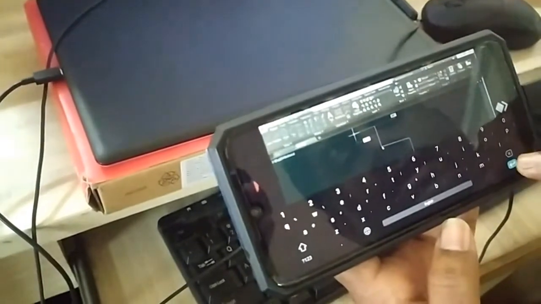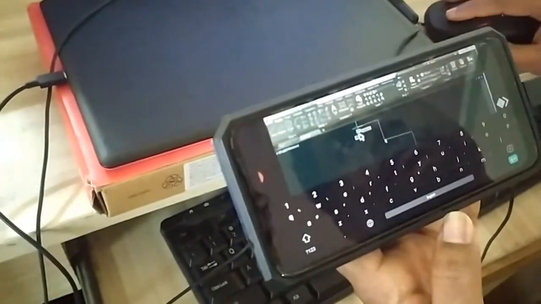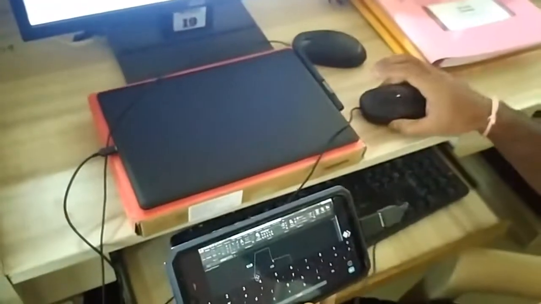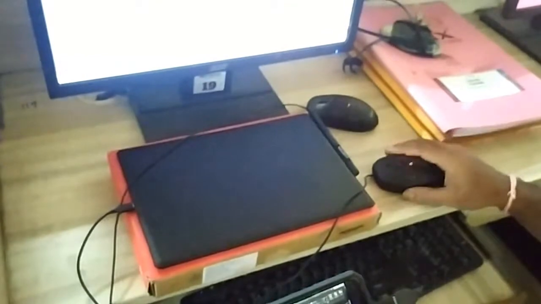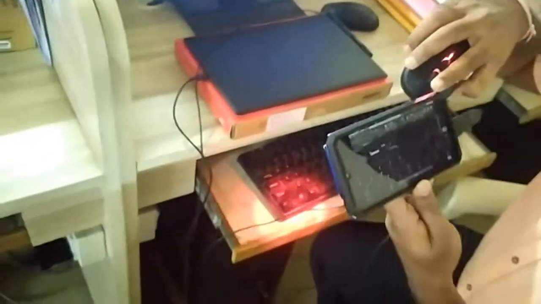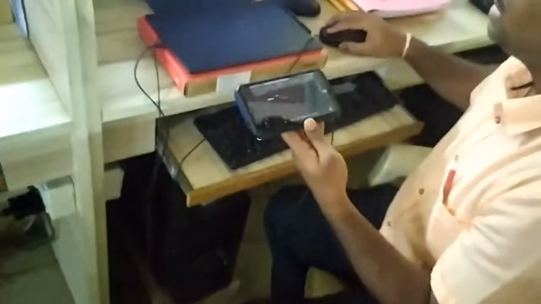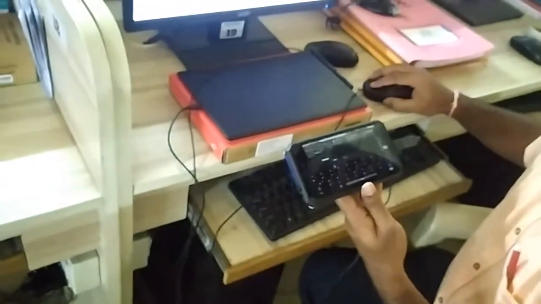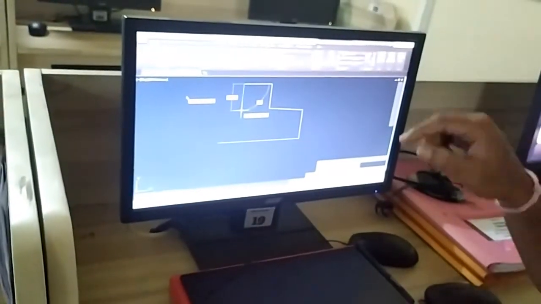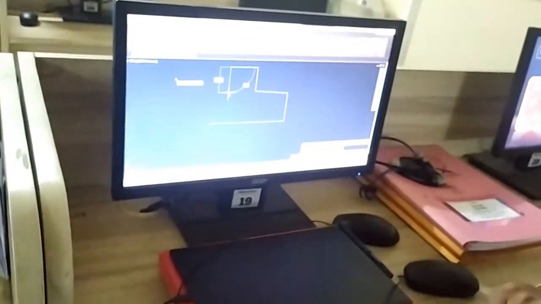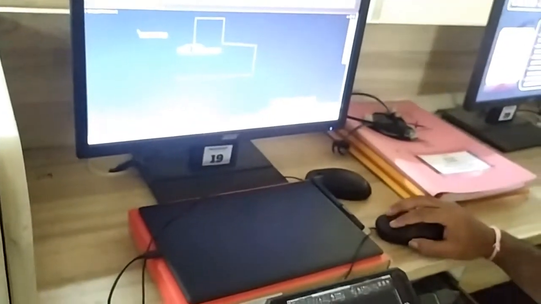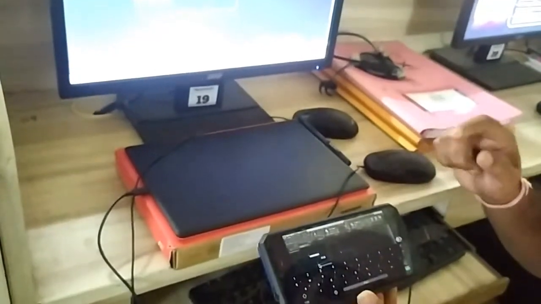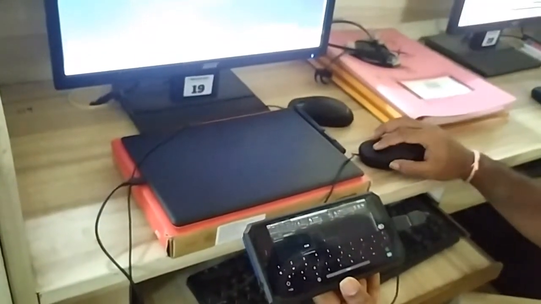60 in horizontal direction. Fine. And all this I'm doing from this mouse here, not this mouse which is connected with my system here. Fine. So this mouse which is connected with my mobile here, that's what I'm operating, and with that I'm able to use the software perfectly. Fine. I just need to keep it in correct direction, feed the distance that I want, press enter. Fine. Almost any other command that I want, I will be able to use it.